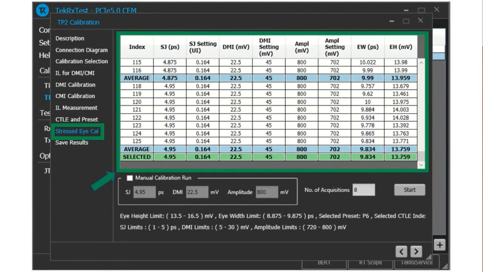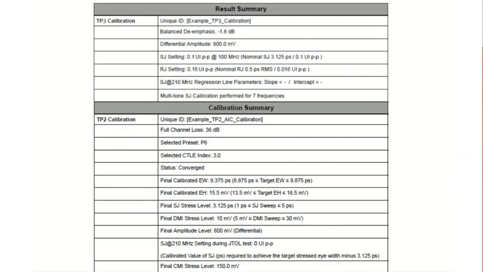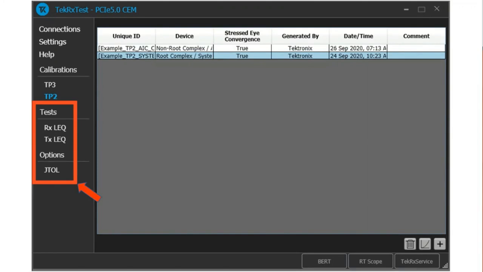Due to very high prediction accuracy, we can close the calibration rapidly within 40 to 45 minutes without any compromise on performance. That is a huge gain in execution time and a customer delight. This process is also IP protected. The final stresses are then saved for the tests with TP3 and TP2 calibration summary and a detailed description of each calibration result. Our receiver solution also provides a fully automated test suite for RX and TX link equalization and